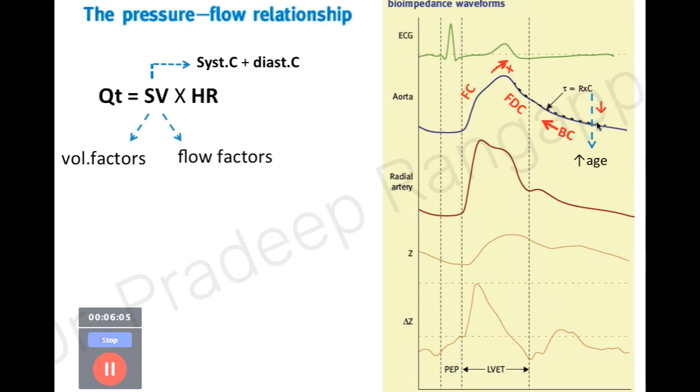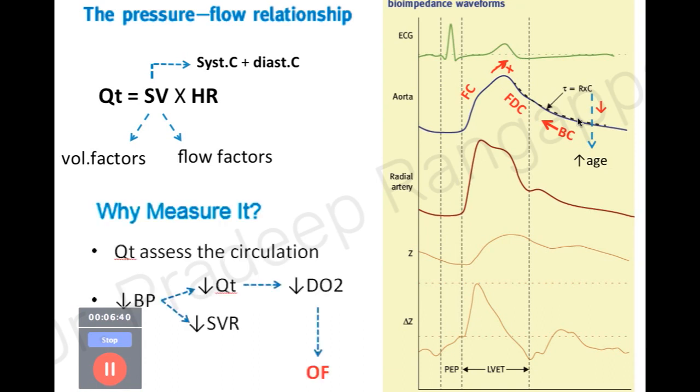And as the age of the patient increases, the compliance of the aorta reduces. That leads to limited systolic peak excursion, and the forward decompression also could be limited. So these are some of the physiological determinants which determine the effectiveness of the stroke volume. For all of you to simply remember, stroke volume has a systolic component, which is the forward compression, and a diastolic component, which is forward decompression, and this forward decompression is influenced by backward compression and the compliance of the aorta. Those are the physiological aspects one should remember.